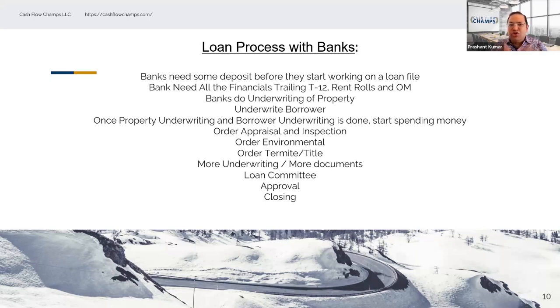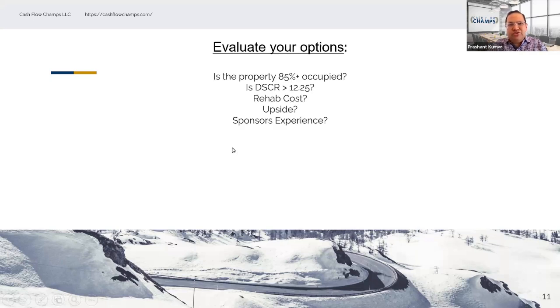Once the loan committee has reviewed and approved, you are free to close. So you have gone 30 to 60 days' worth of work with the lender before the deal is even presented to the loan committee, right? All the analysis work by the lender, and by you, is done up front. Then the analysts take that package to the loan committee based on their terms. Loan committee approves it, and then you go towards closing. Hopefully this makes sense to all of you.